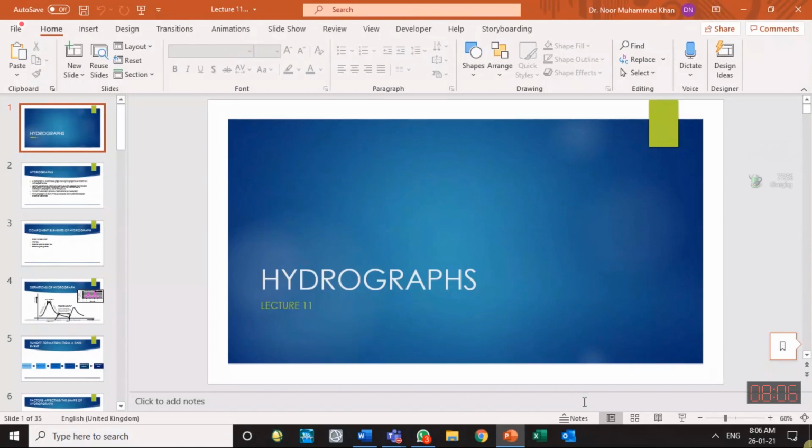And that method was the SCS curve number method, the Soil Conservation Service curve number method, which relates the direct runoff